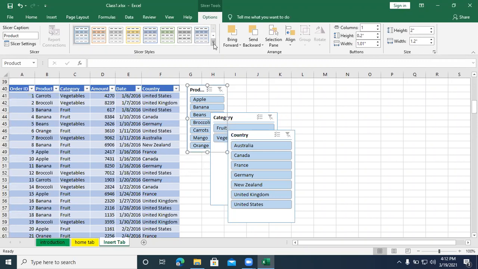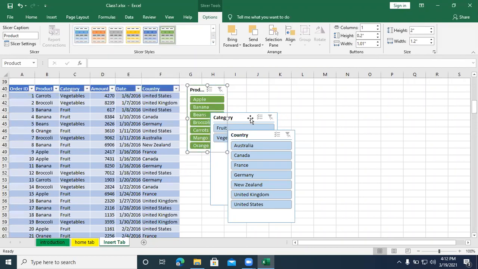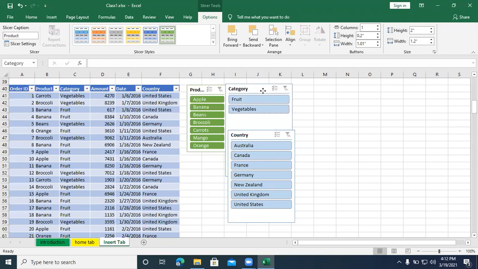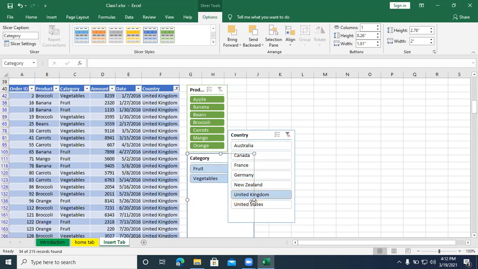You can also change the slicer style. I will arrange one more, that is category, and change the size.